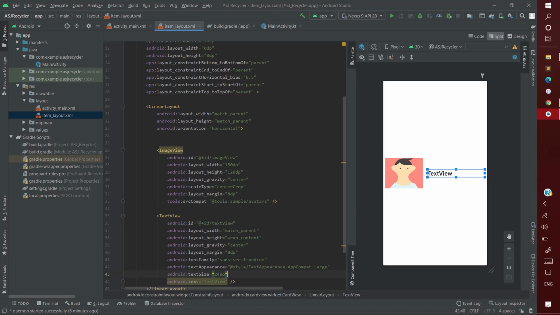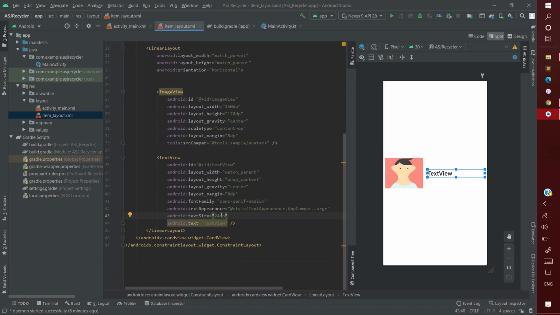Always remember to use sp, that is scalable pixels, for text size, because in different devices different font sizes are used, and if you use scalable pixels, that means the resolution will be perfect, and if you use dp, then your resolution might fade away. So the next thing we need to see is our text view is set, our image view is set. And now what we can do, we'll simply